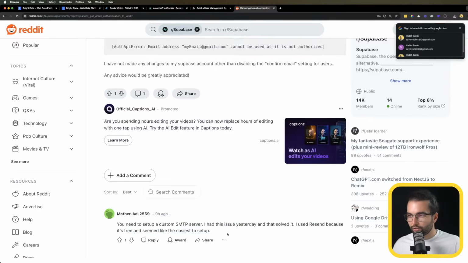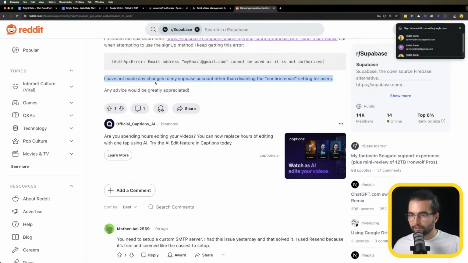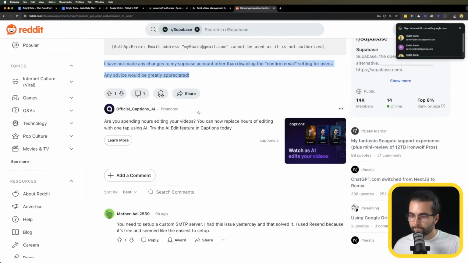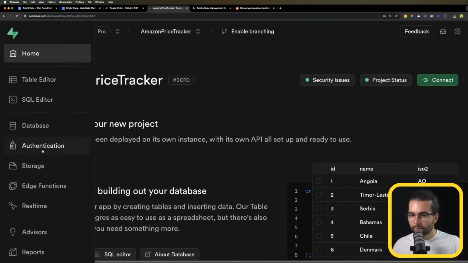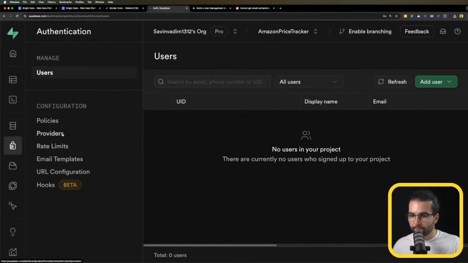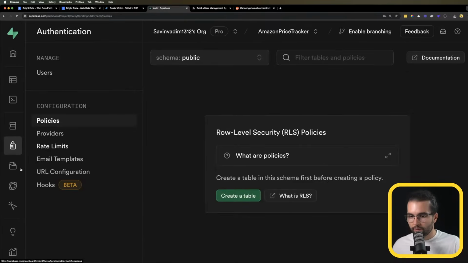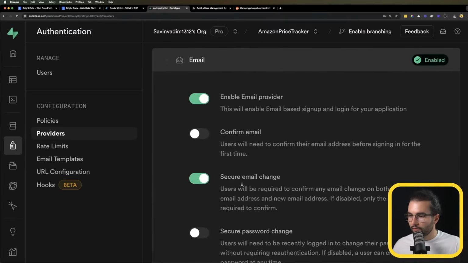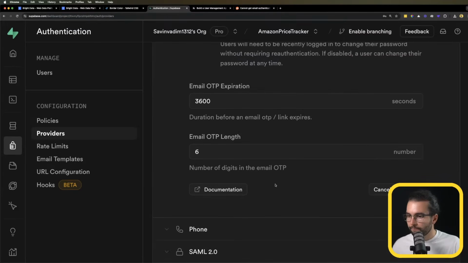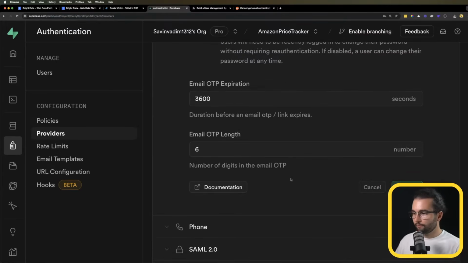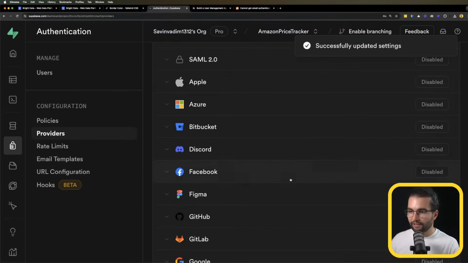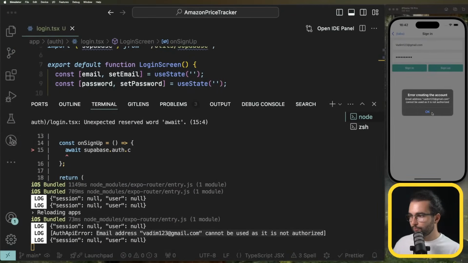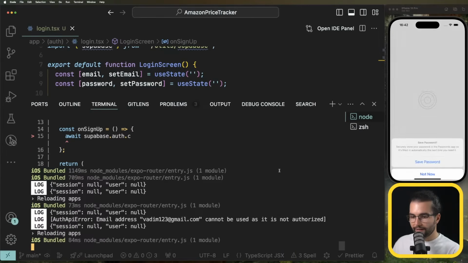But at this moment, we don't need the confirmation emails. Okay, I don't need the confirmation email. That's the problem, because we are fighting with